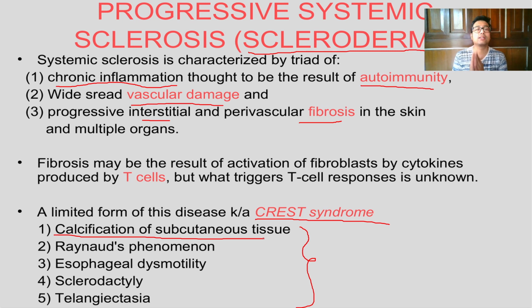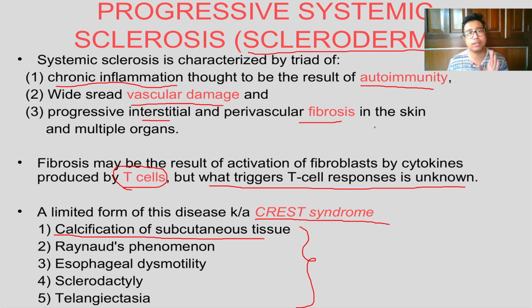So remember, scleroderma is an autoimmune disease. The etiology lies in connective tissue disorder, specifically proteins related to extracellular matrix are at problem over here. Now, what proteins are at problem will not be specifically asked, but for your syllabus you need to know that it is the result of activation of fibroblasts, and especially the overactivity of T cells. Okay, I have written that what triggers the T cell response is unknown.